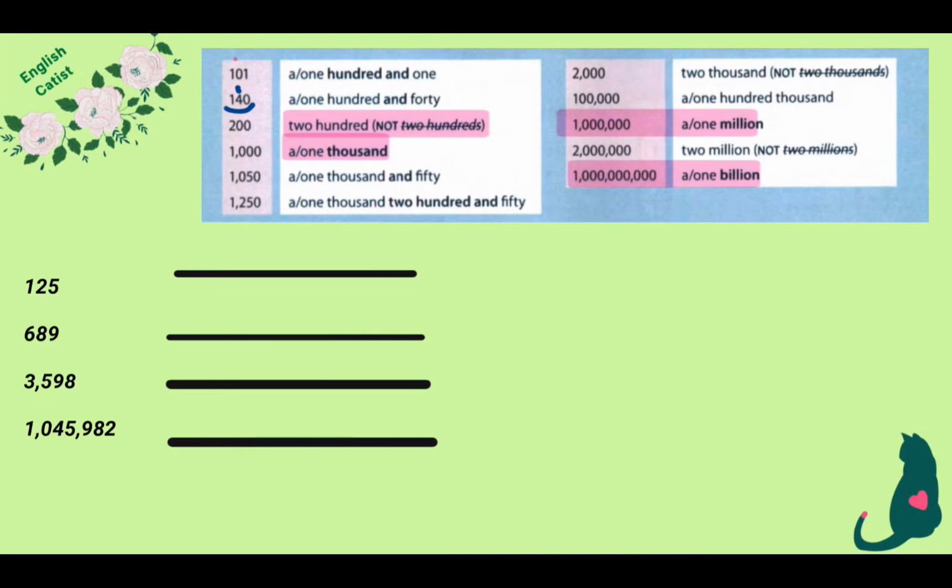The other one, 200. Be careful about this point. It isn't "two hundreds". It isn't plural form, okay? We don't use s here. 200. Here 1,000 or a thousand. For example, here